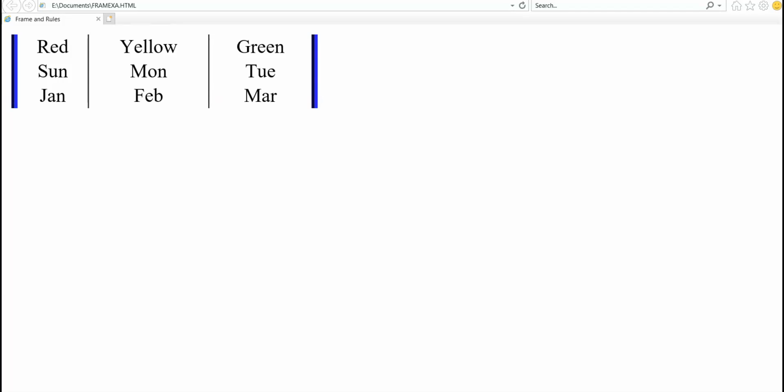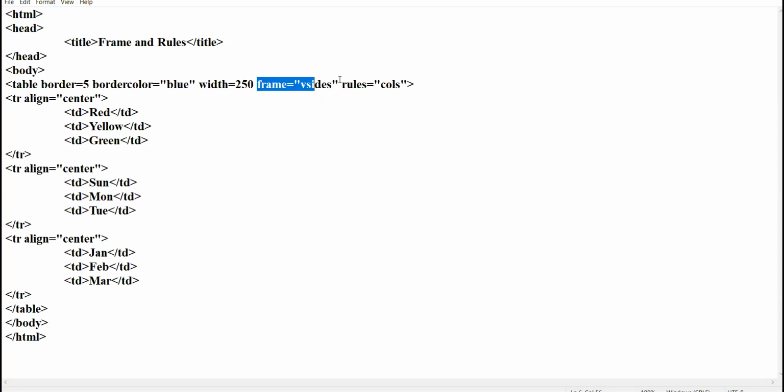Now shifting over to the next concept, that is the merging of rows or columns. Merging means combining two or more cells into one. When two or more cells combine together and create one cell, that is called merging.